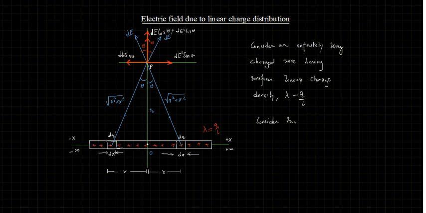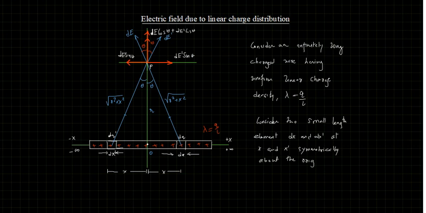Consider two small length elements, dx and dx dash, at x and x dash, symmetrically about the origin O. Okay, so now the electric field due to dx,